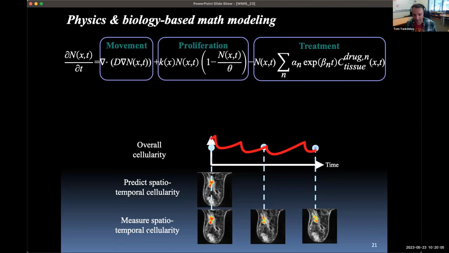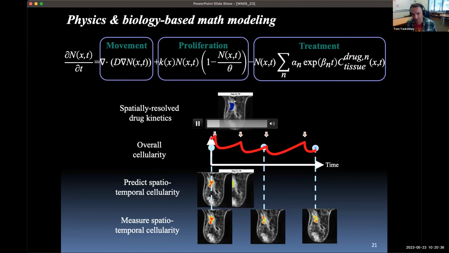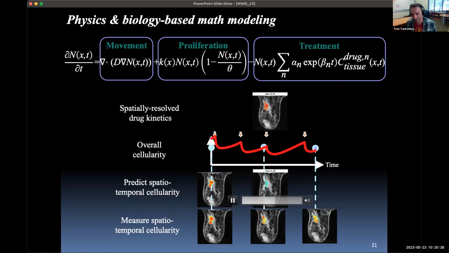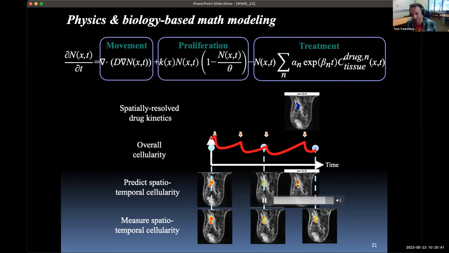So here's a little video here of overall cellularity. This is time on this axis here, 3 time points, 2 to calibrate and then 1 to predict. And the red here is supposed to be just a schematic for how the cellularity is going up and down over time. This is the measurements that we make from your diffusion data over time. This is our first order approximation of cell density from our diffusion data. And then as I push go here, this is going to scroll over here and give predictions for what we actually see. And so here's the spatially resolved drug kinetics from the DCE corresponding to the prediction for what the cell density is going to be as it grows over time.